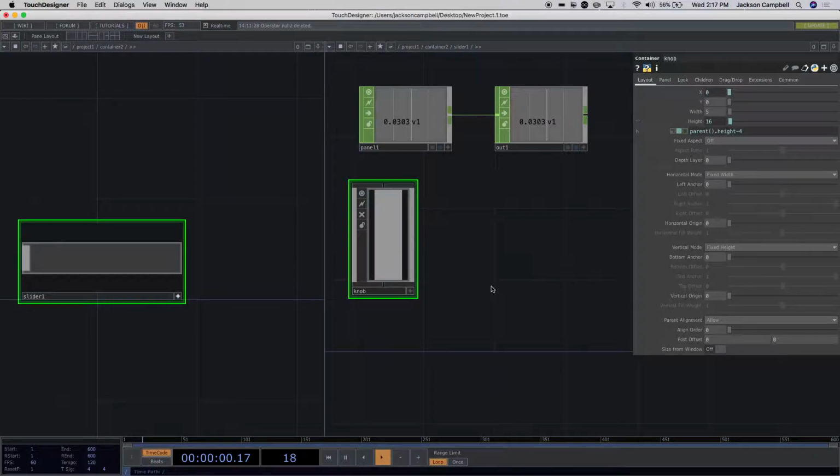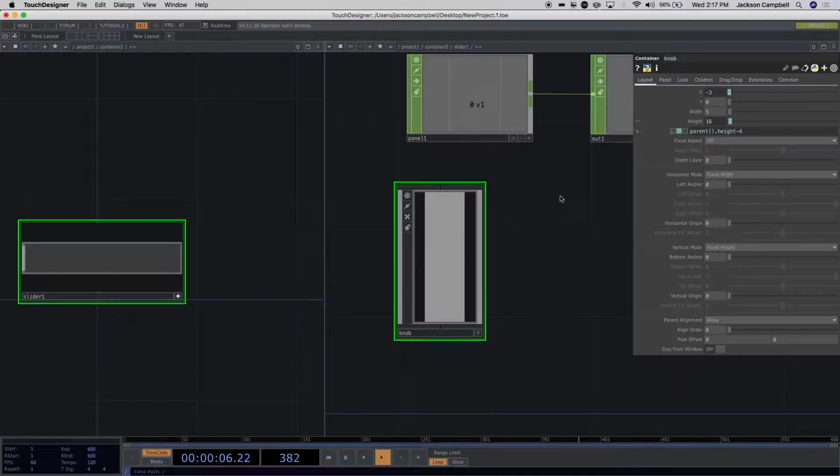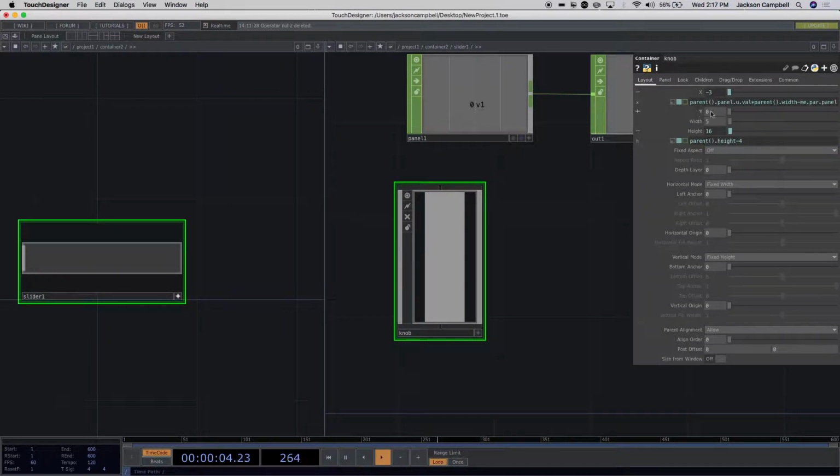So how the heck is this knob's location set in the first place? It's actually over here, under the layout tab of the container knob, on X. The X value is its position on this slider. So if you open that up to take a look at the